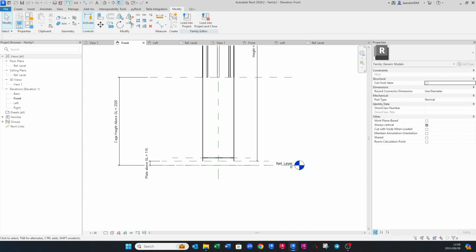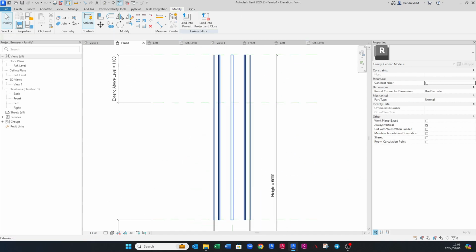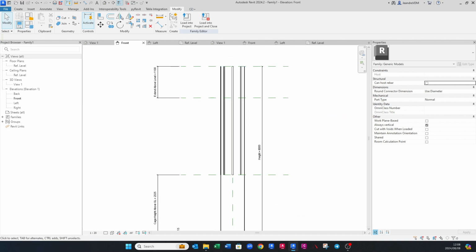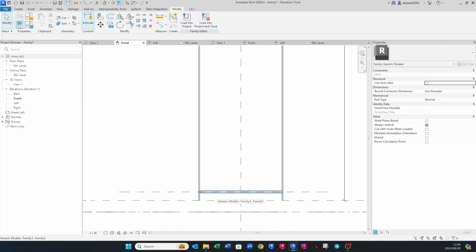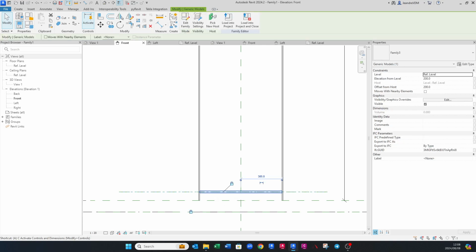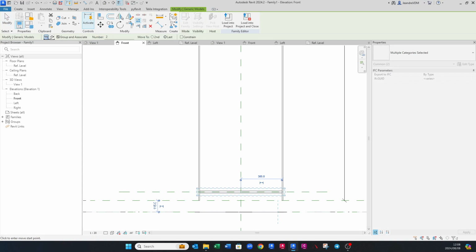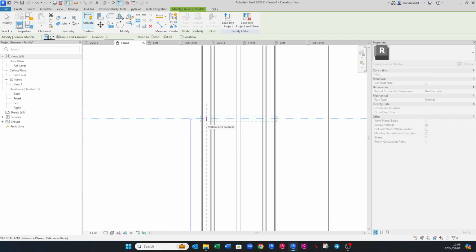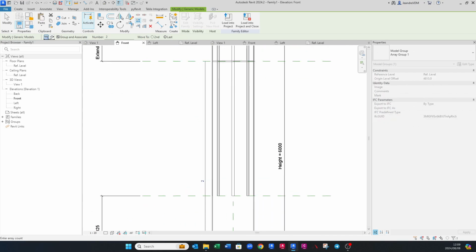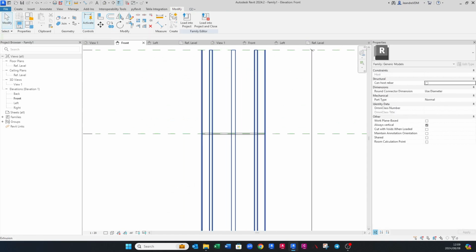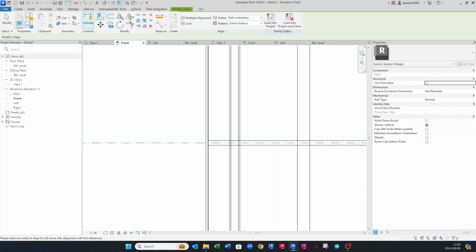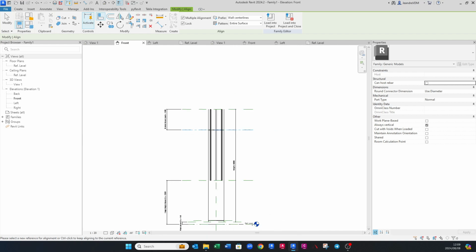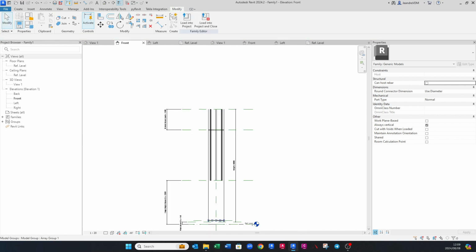Now I want to array this to the level that you actually enter onto the certain slab or access level you require. So I'm going to click on this and I say AR for array, and then make sure that last is ticked here. And I'm going to click on that reference center and then take it up to this reference here. Now we have those two. Now I just want to align this AL to that so we know it's locked. So it is always between this specific